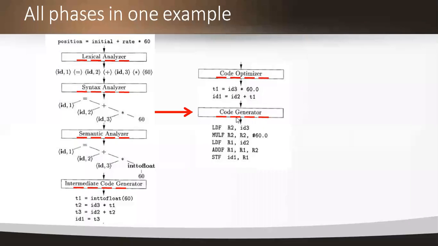This is the machine code. This is the machine code that we call the object code in a machine level language. That's what we are going to generate by using the code generator. This is the target program. This is the source program. The source is in the form of position is equal to initial plus rate into 60, and the output is in the form of machine level code by using some instruction sets, some registers, some data transfer registers, some arithmetic operation registers. All we are using in a machine level language. Instruction sets we are calling here.